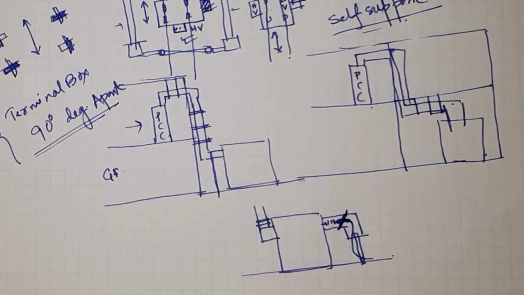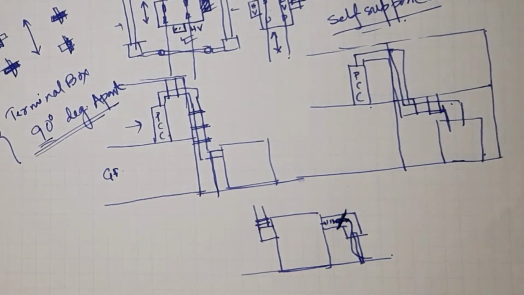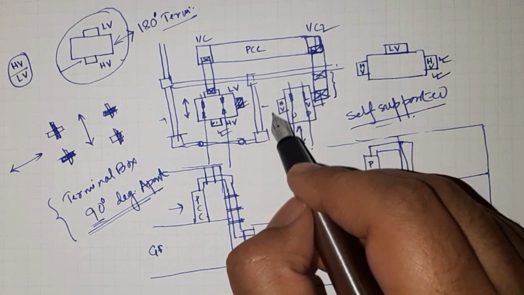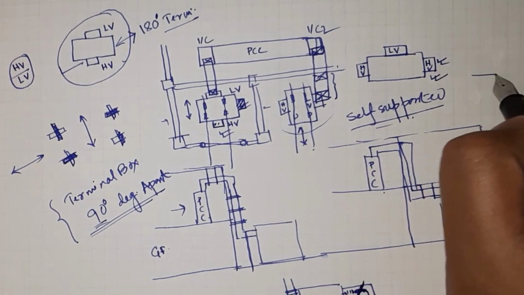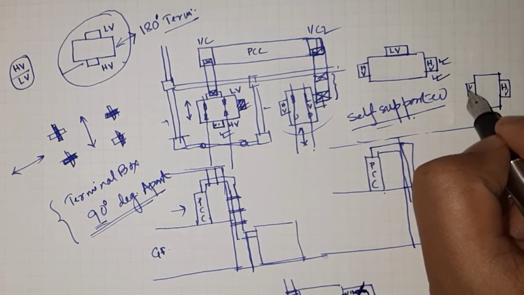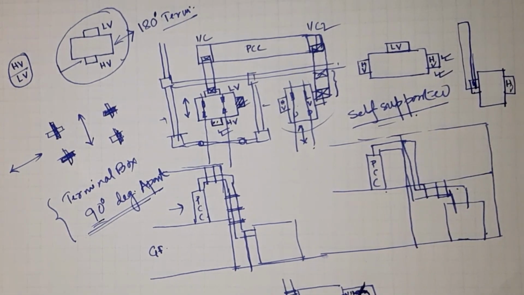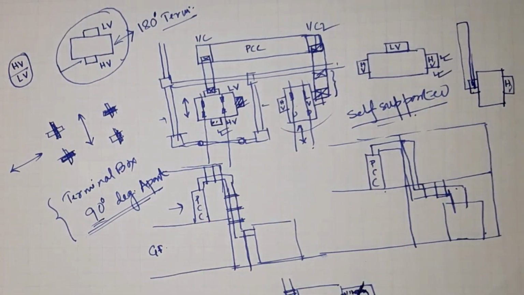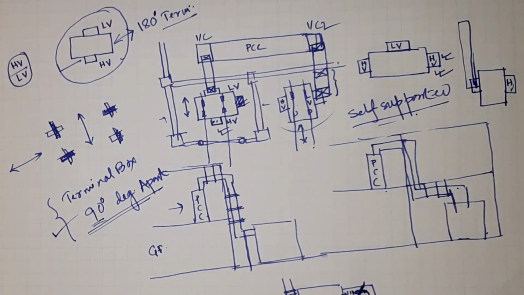But for using this facility properly, you need to make the terminal boxes 90 degrees apart, or if you do not make it 90 degrees apart, then you have to make the transformer arrangement this way. The HV can be reversed also. The arrangement can be like this also. This is the HV box here and the LV bus duct box here also. The bus duct is going to this portion. This arrangement is also possible. But this arrangement is not possible where the HV box is coming in front of the transformer. So to avoid this, it is better to take transformer terminals at 90 degrees apart.